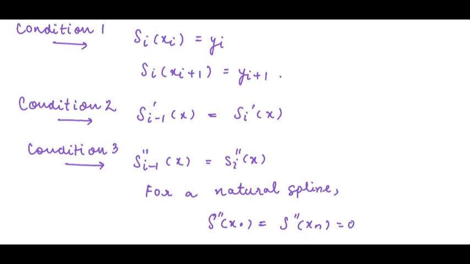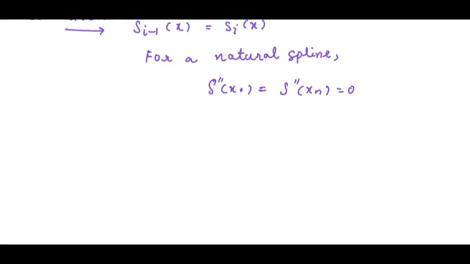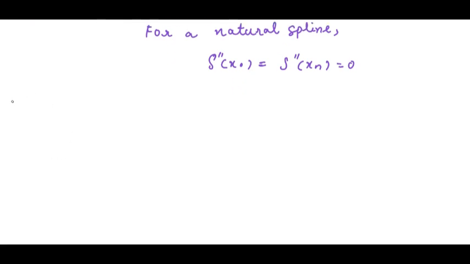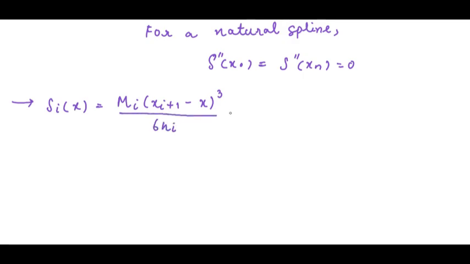So remember, this natural cubic spline means the second derivative is 0 at both the endpoints. A convenient form for the cubic spline on the closed interval [xi, xi+1] is s(x) = mi times (xi+1 − x)³ divided by 6hi, plus mi+1 multiplied by (x − xi)³ divided by 6hi, plus (yi − mi hi²/6)